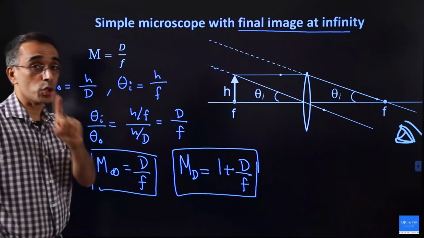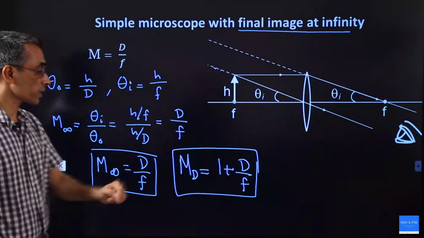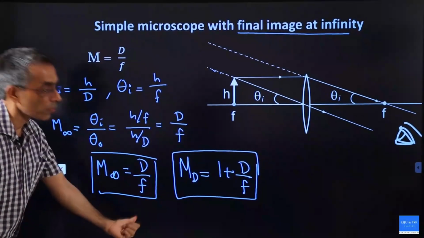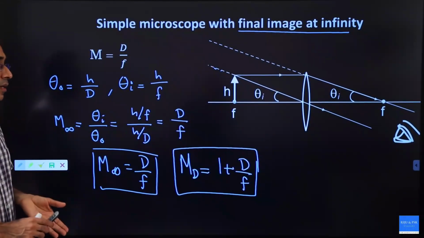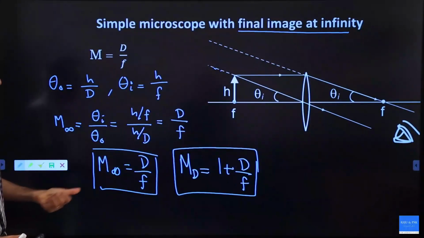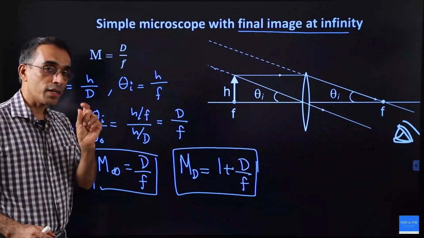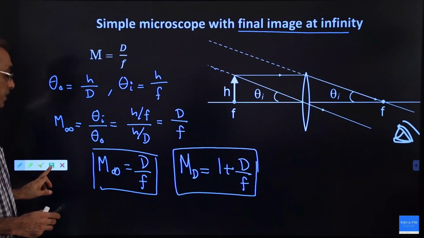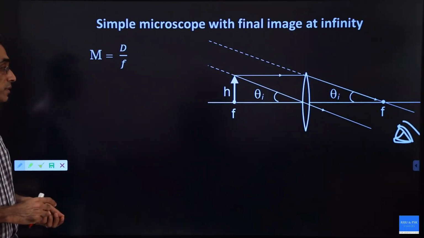Now in the beginning I told you a simple microscope is a convex lens with a short focal length. Why? Because the magnification is inversely proportional to the focal length. So the shorter the focal length, the larger the magnification. How to increase magnification of a simple microscope? That is by using a lens of short focal length. Okay, but this has a problem. What is the problem? When the focal length decreases,